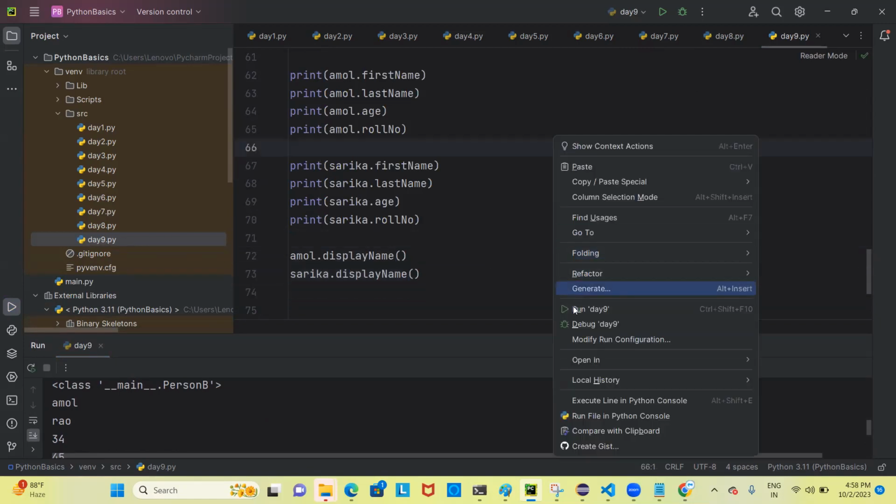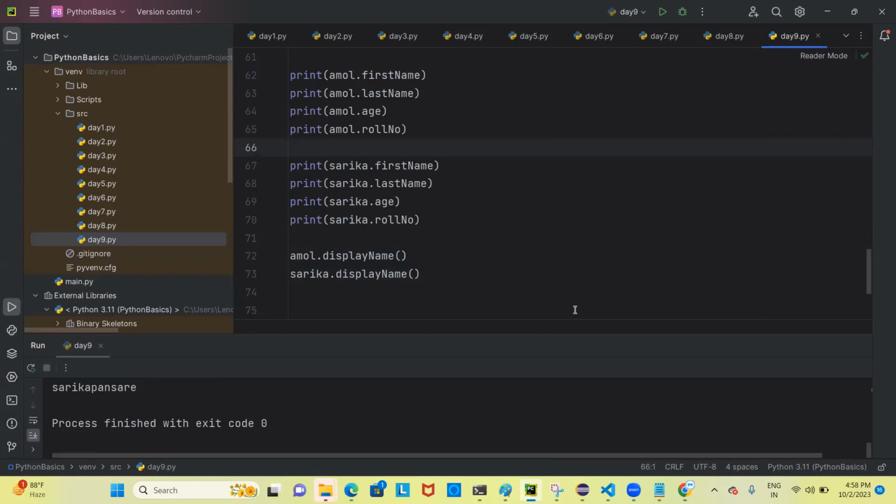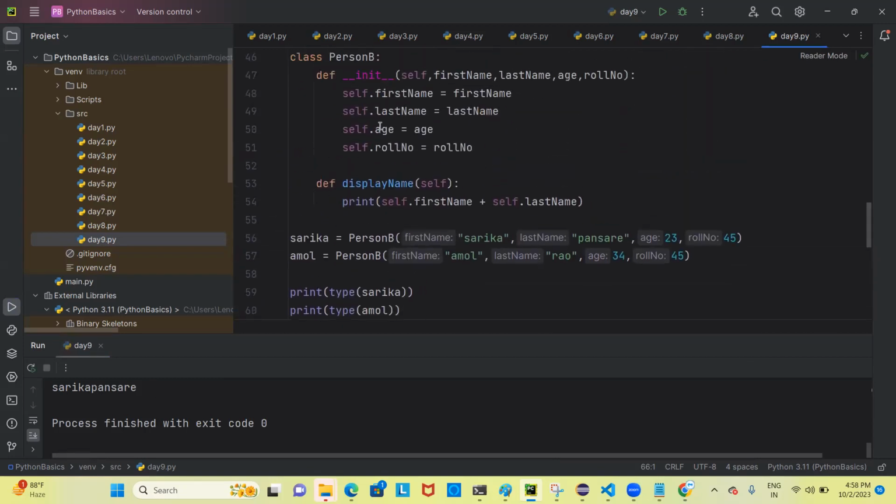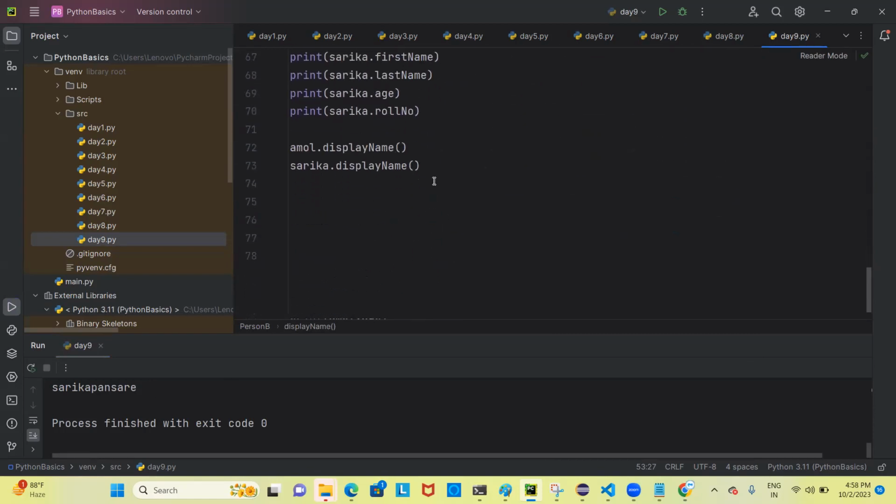Save, right click, run. So this time when you create the object itself, we are setting the values. So no hard coded values. This is the best approach. This is the best way of writing the code. Now let's jump to program 3, where we will see the difference between the instance